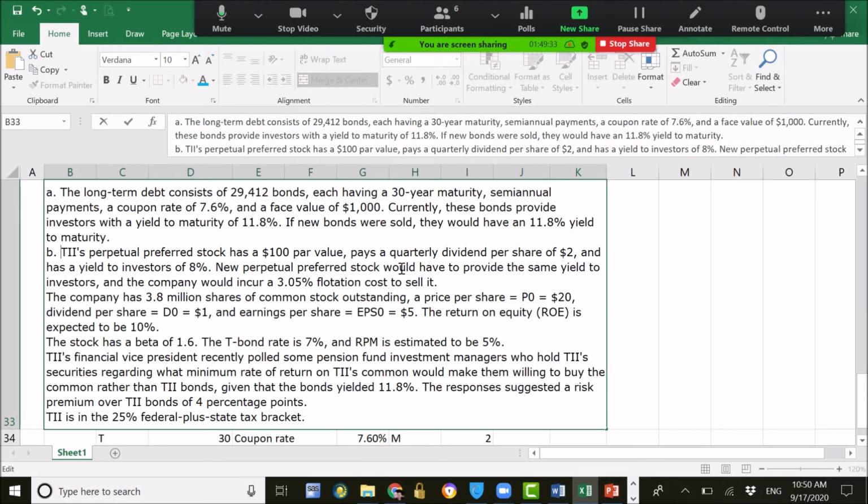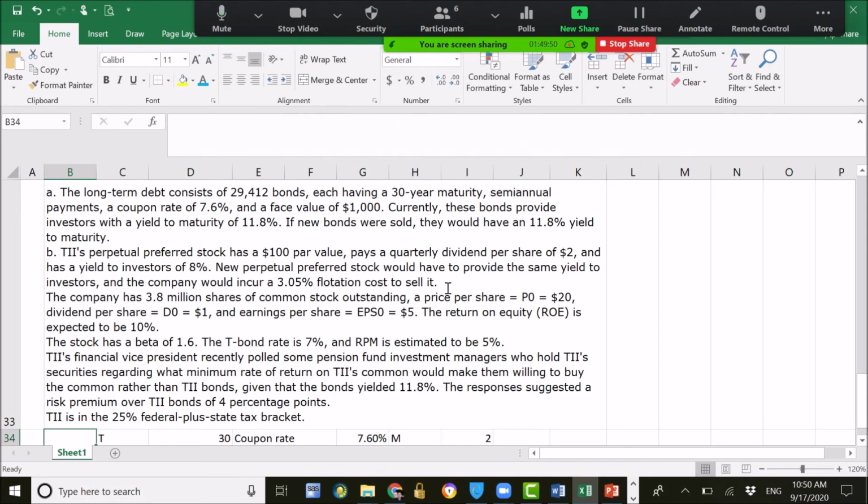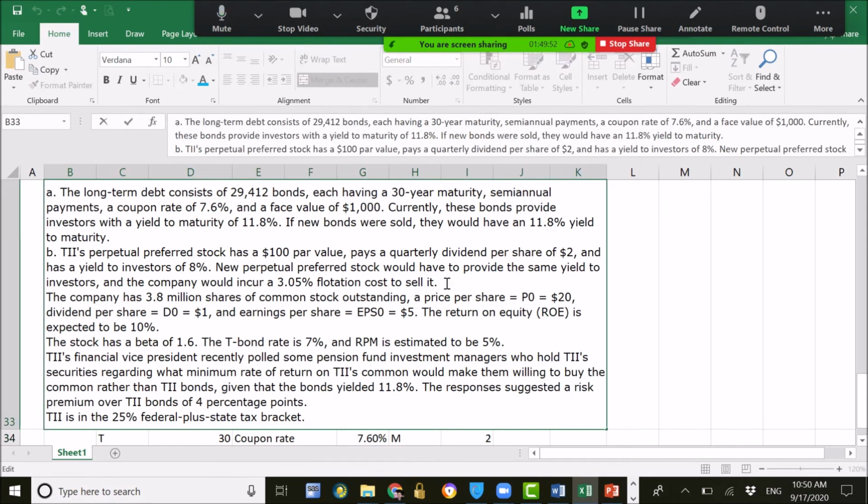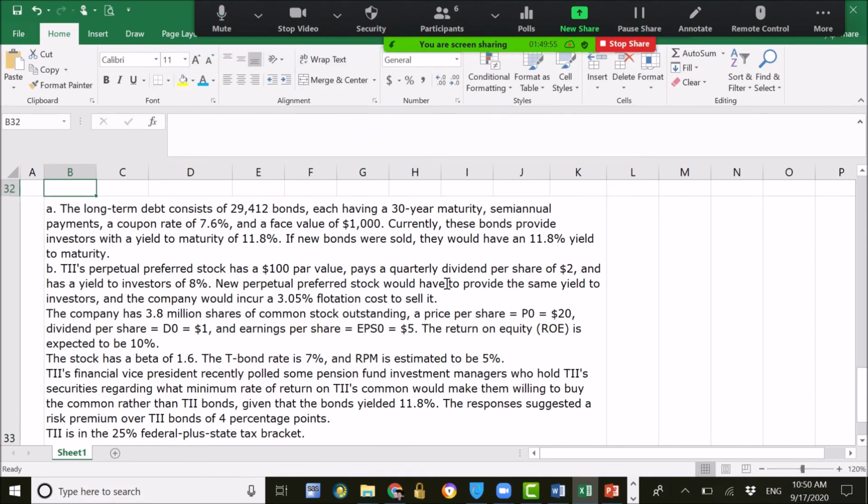This preferred stock has par value, pays a quarterly dividend of $2, and the yield to the investor is 8%. New preferred stock would have to provide the same yield, and the company would incur flotation cost. So this is the second part, because to find the value of the preferred stock, we need to compute the